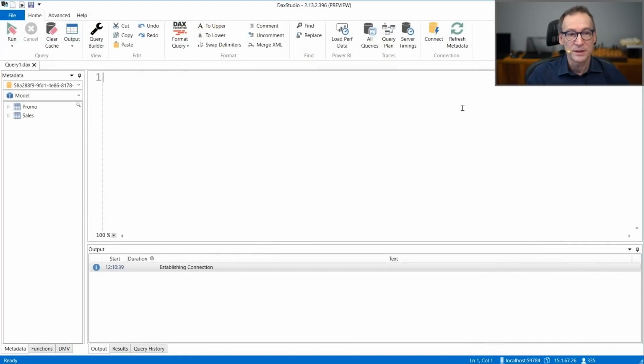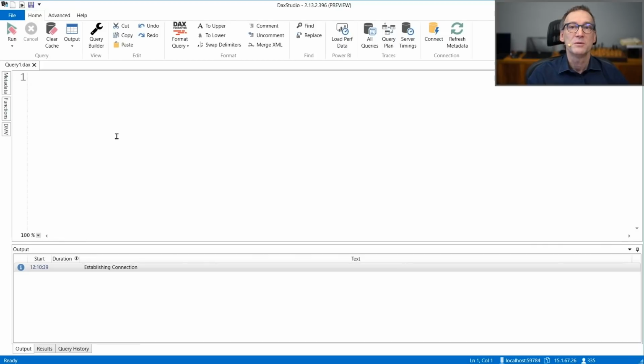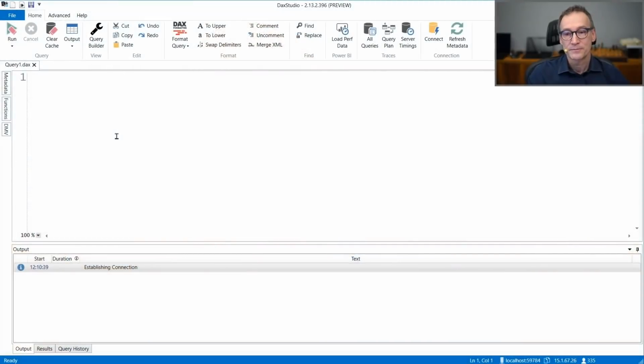So I just open DAX Studio and let's get rid of this so we have a bit more space. The first idea we can work on is to use LOOKUPVALUE. LOOKUPVALUE is a simple function that retrieves a column from another table using equality operators. It's simple, it's effective, and it gets the job done. So let's use it straight.